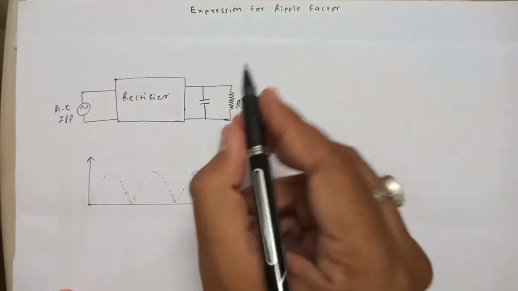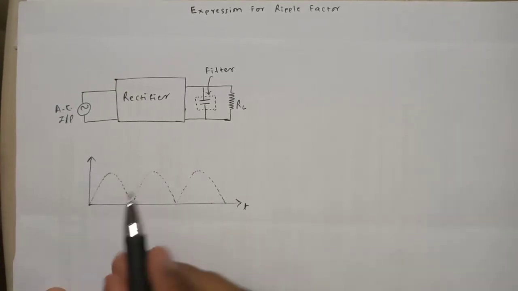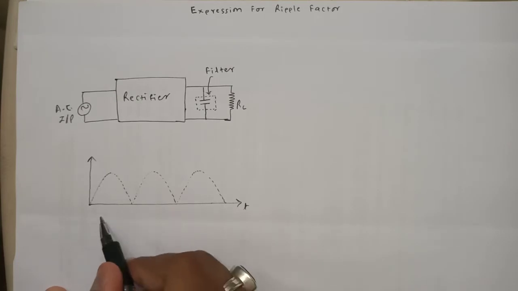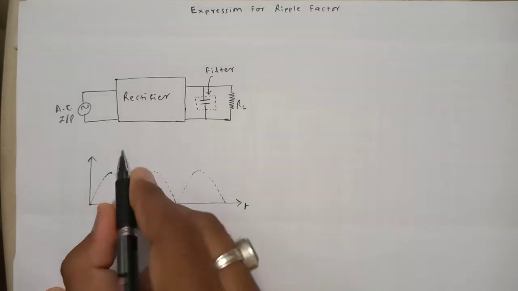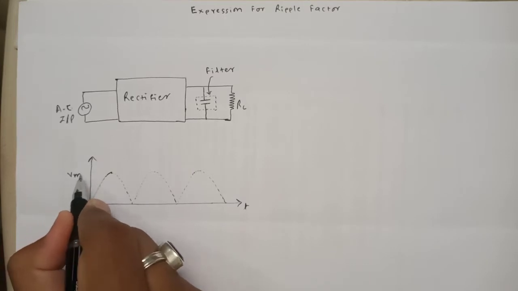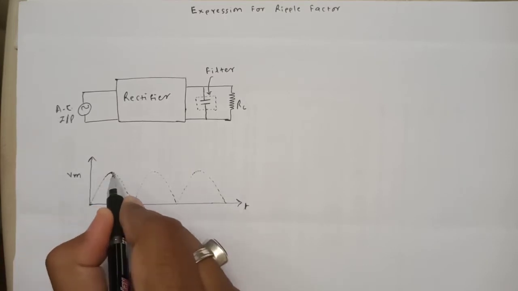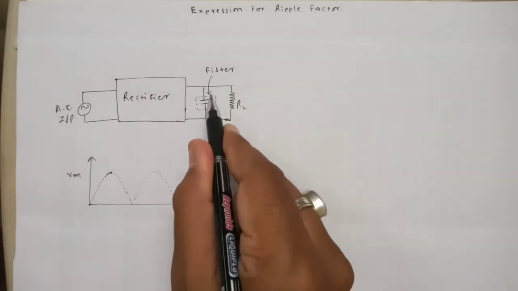So if this is the circuit, this is called the filter, which is connected at the output of the rectifier to smooth out these waveforms. After connecting the filter, the waveforms are now modified. From this to this, the capacitor starts charging. After charging to this maximum potential, which is normally equal to Vm, right? After charging to the maximum potential, as this voltage is decreasing, the capacitor has to discharge through this resistor, but